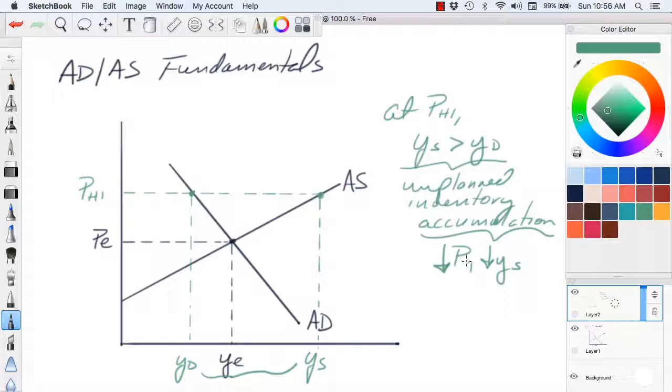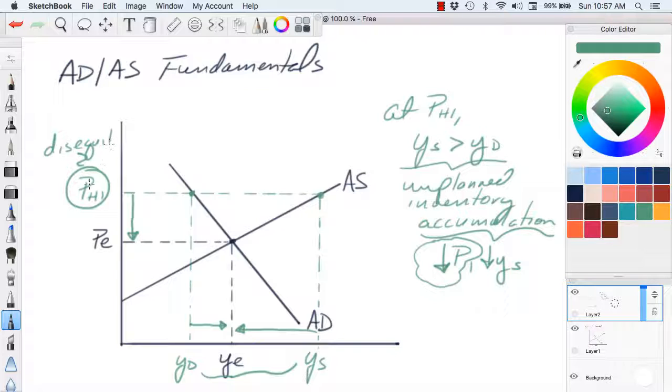Now, earlier in my video series, I talk about the expenditure line model, and we basically show all of this using the expenditure line model. What we ignore, though, are the price level changes. So what's new here is we're incorporating prices into the analysis. So the unplanned inventory accumulation will pull down the price level and the output rate and push up real GDP demanded to equilibrium. And so we see that the economy moves from disequilibrium